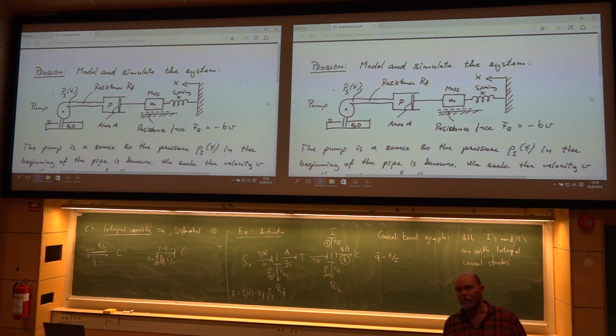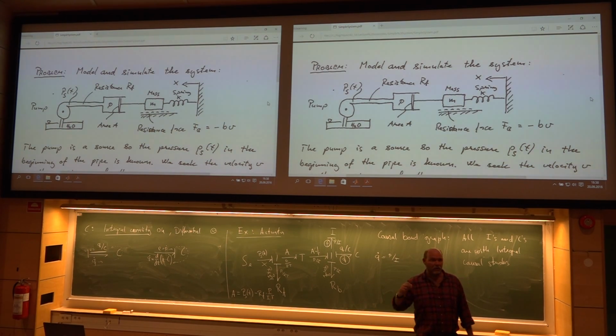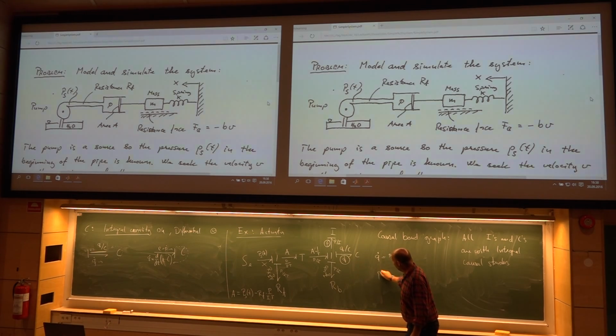Everybody with me so far? Almost there. When I know the effort here, I go through a transformer, I find the effort on the other side. Well, that will be this same A multiplied with 1 over T. And then we have the last equation. Take the summation rule around this one junction. The sum of all efforts has to be 0. And of course, what I am seeking is an equation for the P dot.